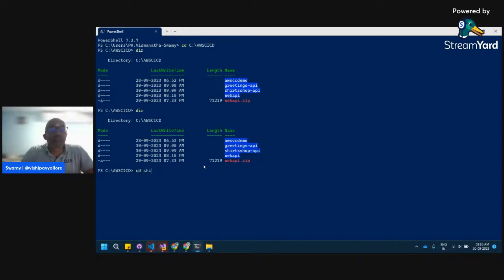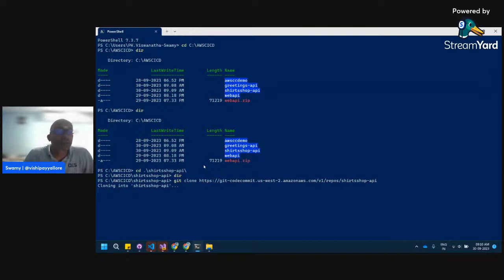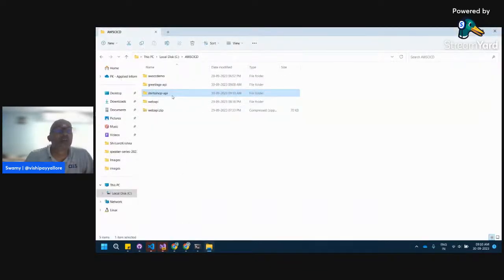So I'll do cd shirts shop API. I see there's nothing in here. git clone, and I paste this one. Now it is going ahead and pulling in this repository, and it has initialized. Now if you come and see this folder, shirts shop API,